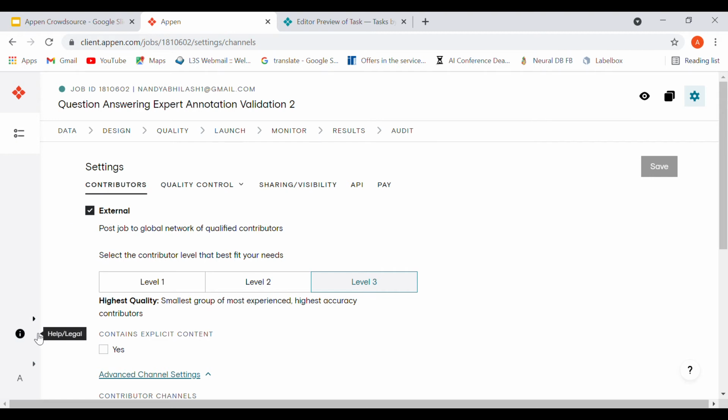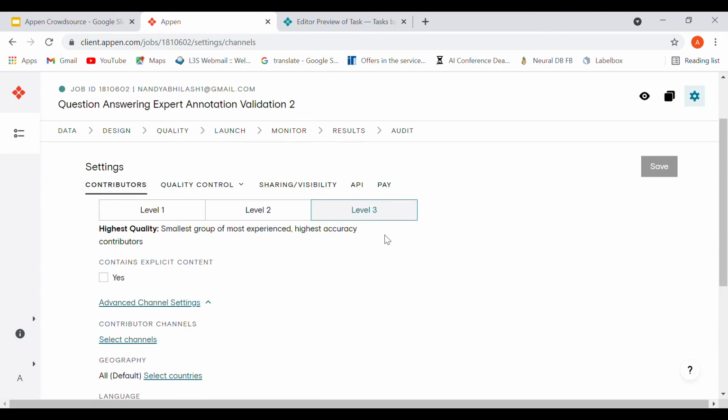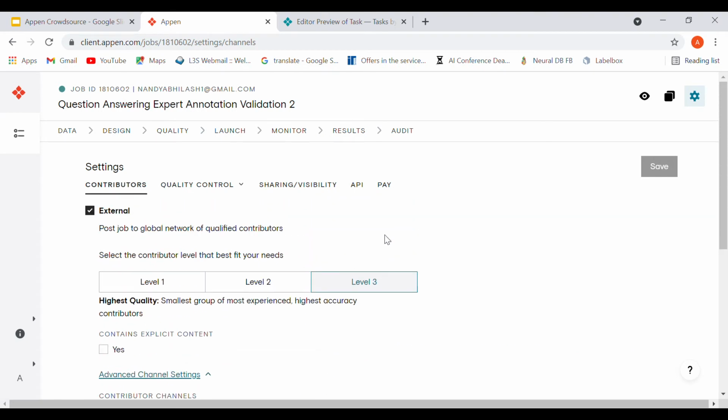Anyone can annotate, and you give them a fixed amount of money for each annotation, and in return they annotate that particular data sample. Another could be an internal way in which you can give this link to any of your workforce or colleagues or friends, and they can also annotate. Both are possible, so it depends upon you.